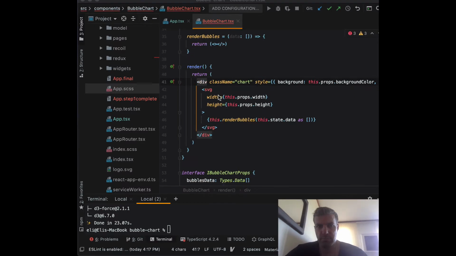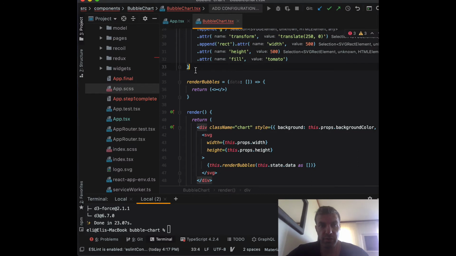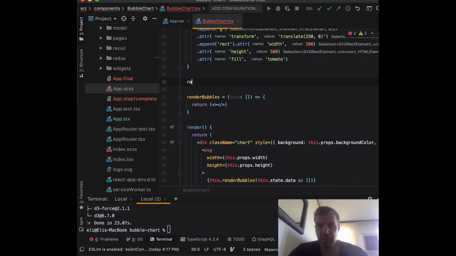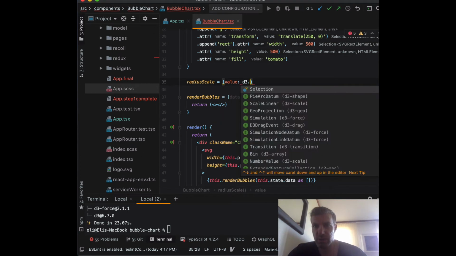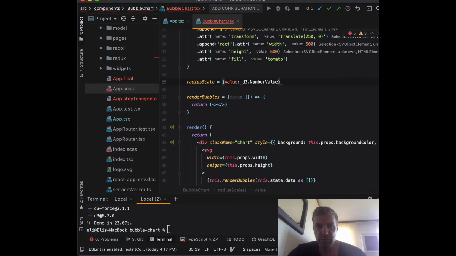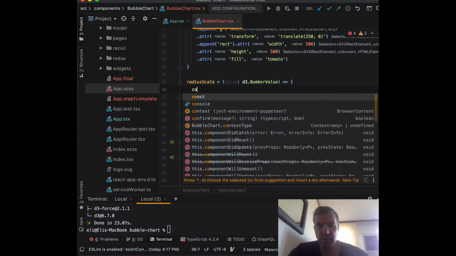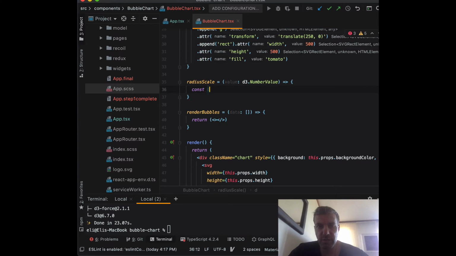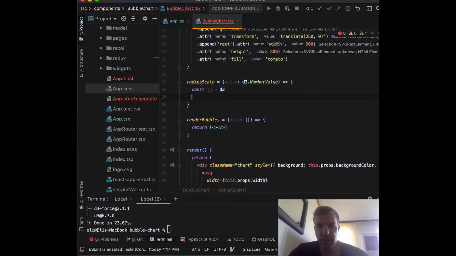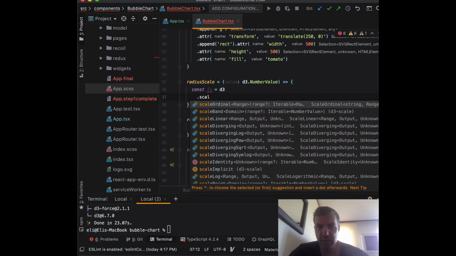Okay. The next step is we'll create our scale. So we can call the scale radius scale, and we can pass the value, and the value is going to be a d3 numeric value. And then when we pass the number, we can generate our scale. So we can create a constant, let's call it fx, and then we'll use d3 and we'll use the scale